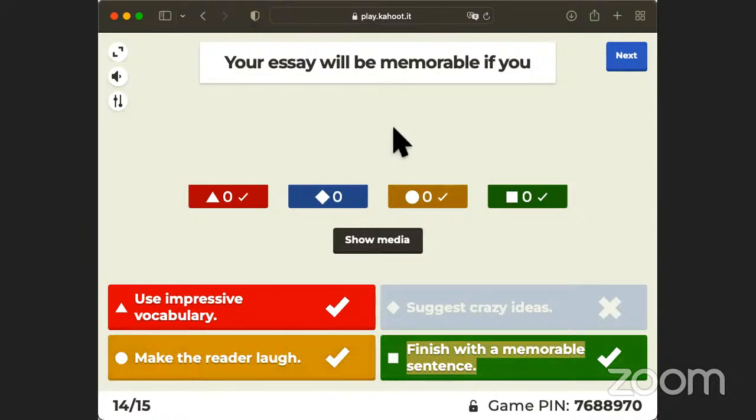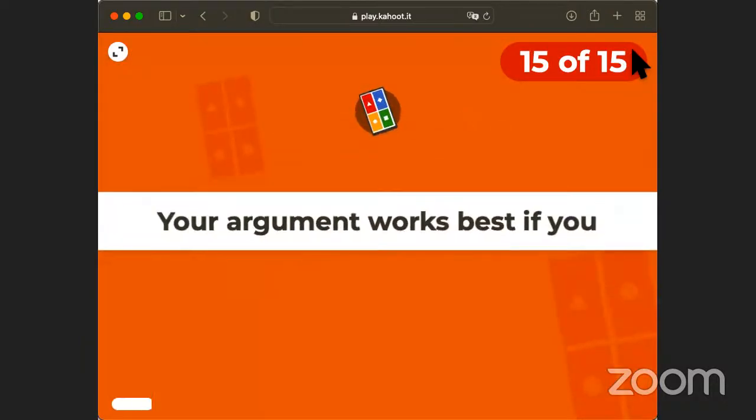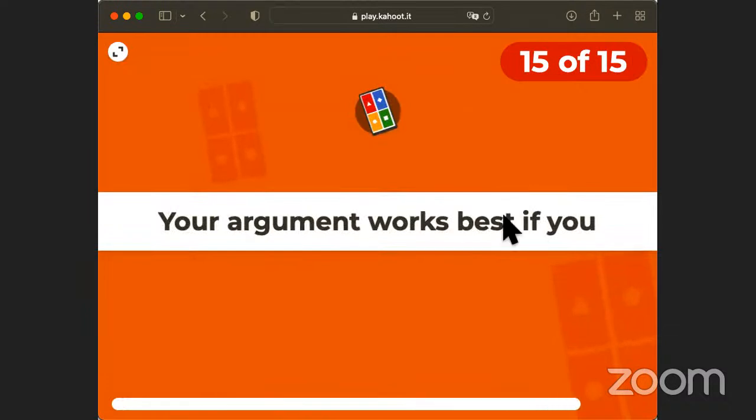So it's important to start with a very strong introductory paragraph. Remember the hook too. We should mention that, but also it's important to finish very strong too. So it's memorable. Memorable means that you won't forget. So that's very, very important with a persuasive essay, because you're trying to convince the other person. So it should be memorable. And finally,